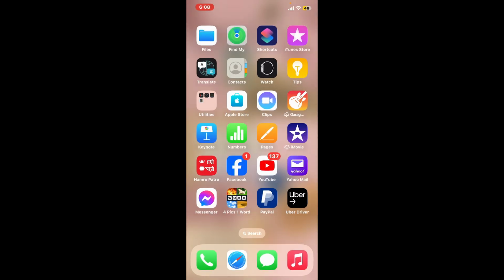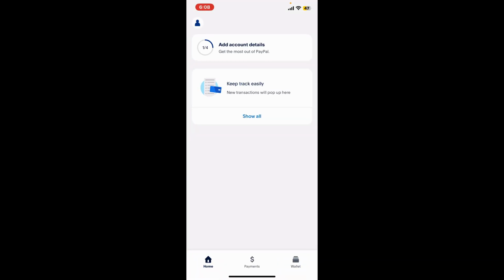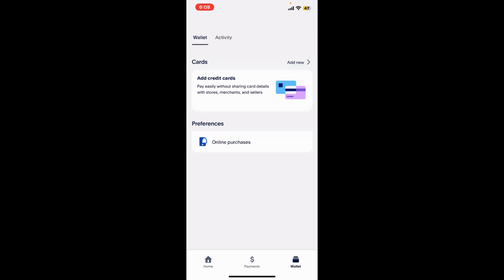The first thing you'd want to do is to open the PayPal application and sign into your account, and your account balance should be displayed on the main screen. If you're not being able to do so, then you might not have added a bank account or credit card to your PayPal account. Go to the wallet section at the bottom right and tap on Add New option right